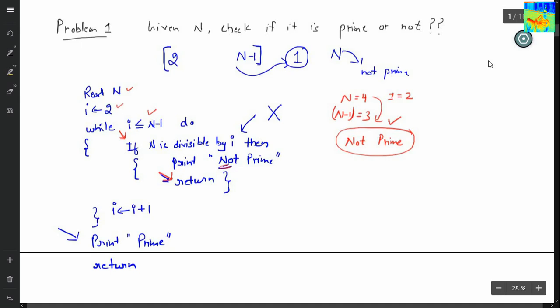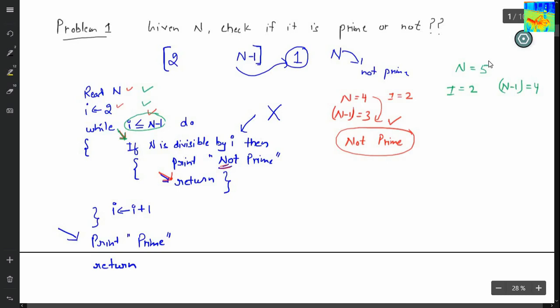Okay, so let's see one more example. Let's say the value of n is 5. So read n, I equals 2, and n minus 1 equals 4. Then you check the condition: is 2 less than or equals to 4? The condition is true. You come inside the loop.